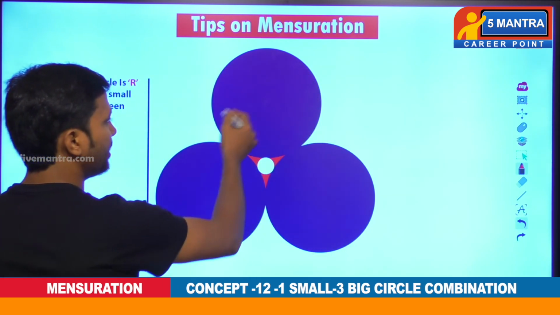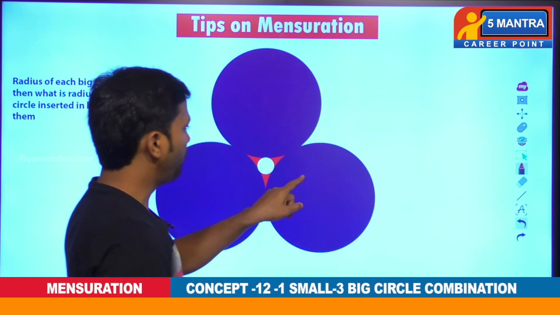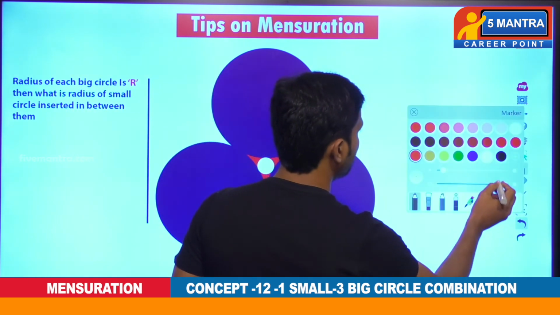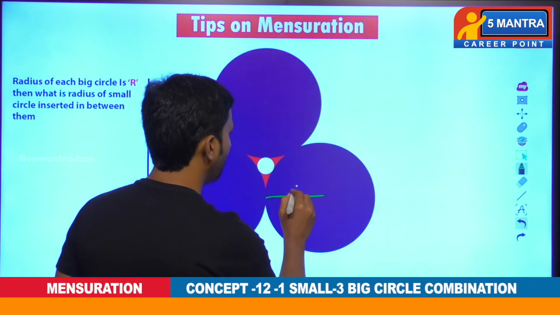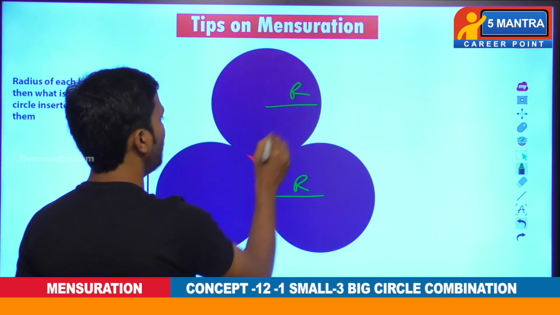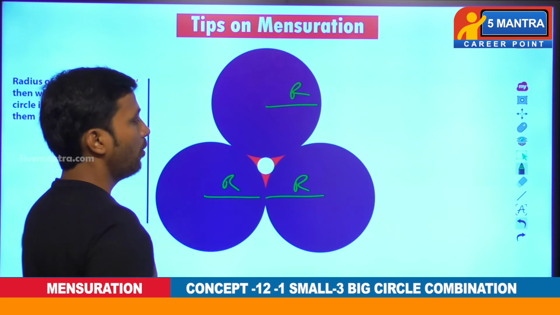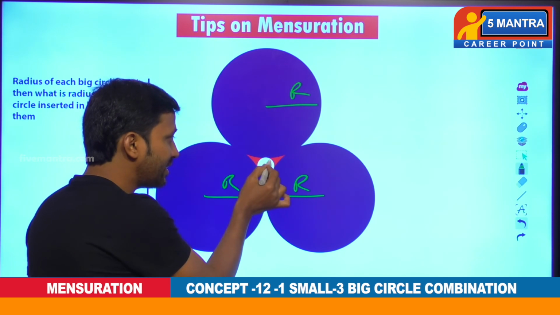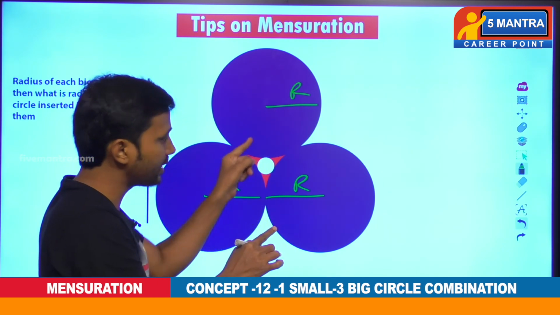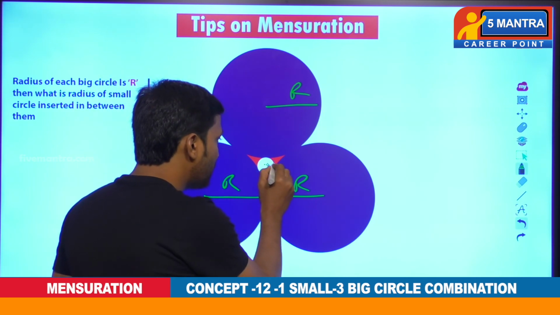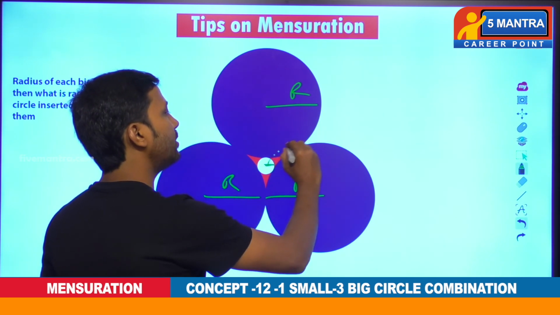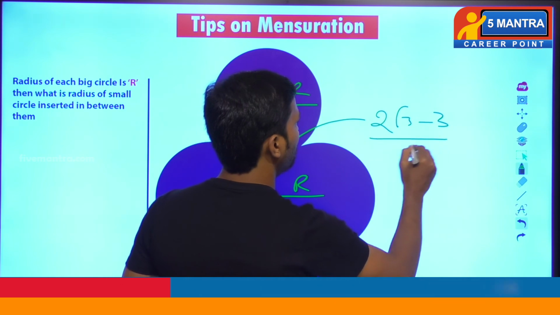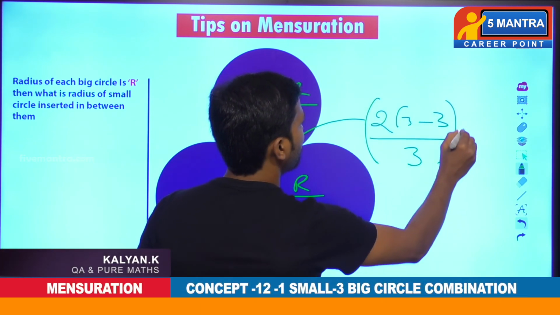Whenever we are given a combination of three circles, where all the circles are of equal radii, and each radius is some capital R, where this is capital R and this radius is capital R and this radius is also capital R, all of equal radii of capital R, then if a small circle is inserted between them such that it touches all three circles, what will its radius be? That radius will be 2 root 3 minus 3 by 3 times the bigger radius